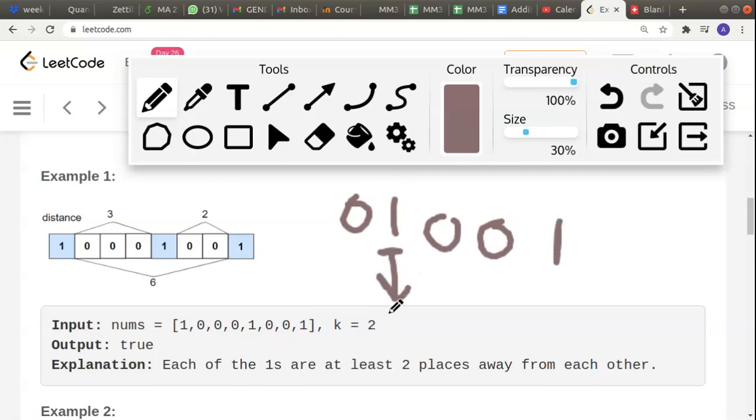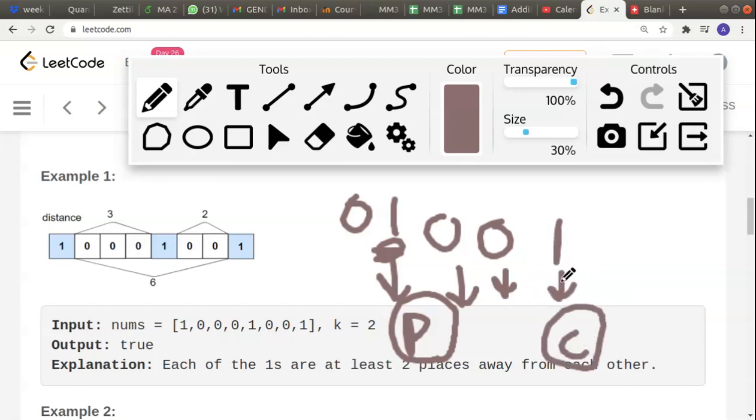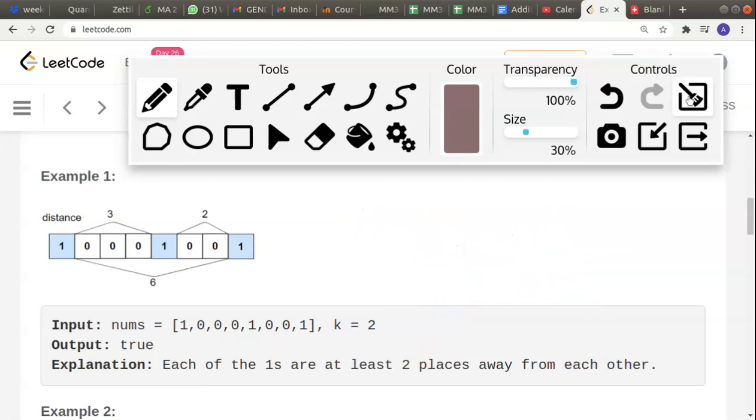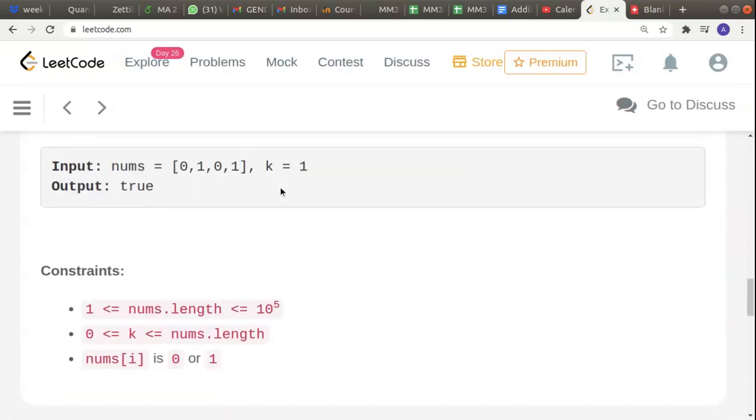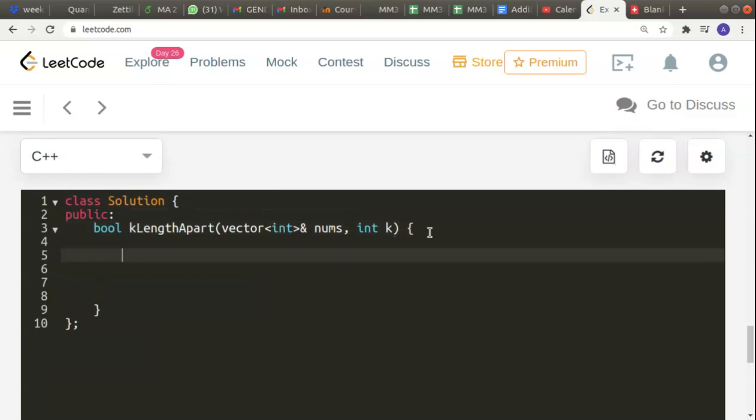Previous variable, once we are declaring it first, should be initialized to the value where it finds the first one, and then we'll iterate over the loop through the current variable, and it will keep iterating over to the next elements till it finds another one. So that is a thing that we have to take care of. So now when it makes the check that we just saw, it will return true. So let's try to write this in code to understand it better if it is not clear right now.